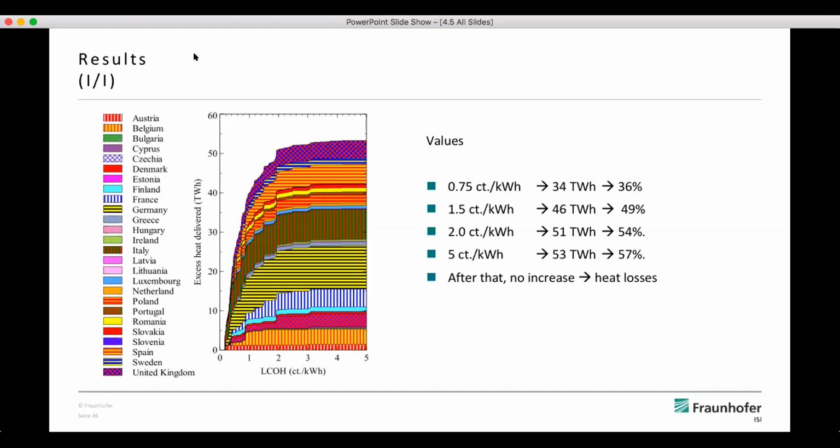And then an interesting figure is that nearly half of the excess heat is flowing through the networks we have in the EU28 countries, based on our cost assumptions, at around 1.5 cent per kilowatt hours. And what we also see then is a decrease in transporting excess heat. This is because in our model, we have defined some maximum distances. So there are some excess heat sources in the data set which are cut because they are too far away from possible sinks.